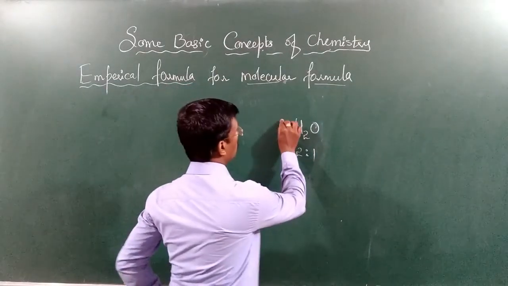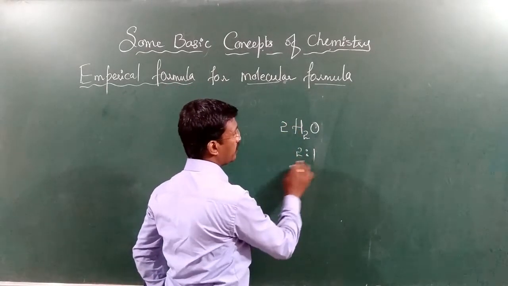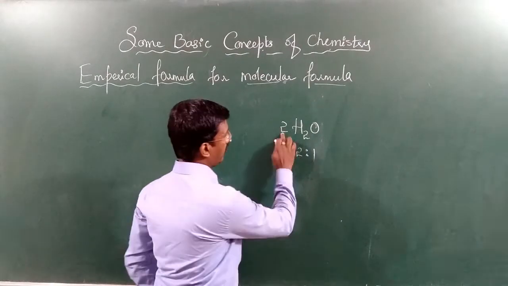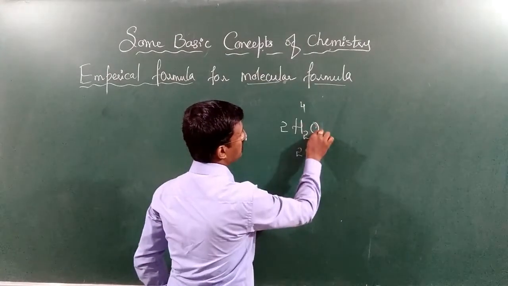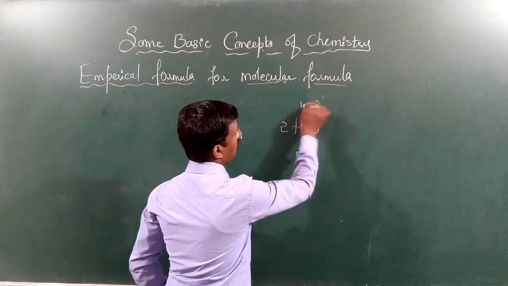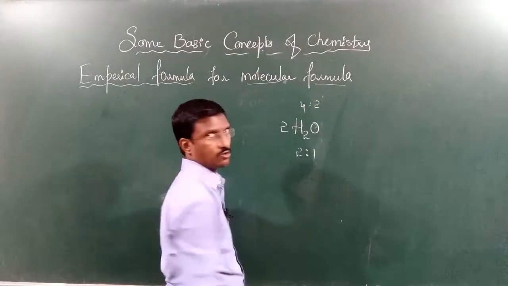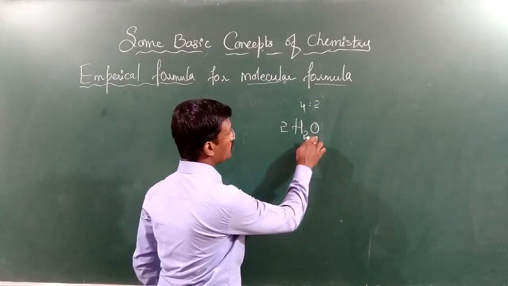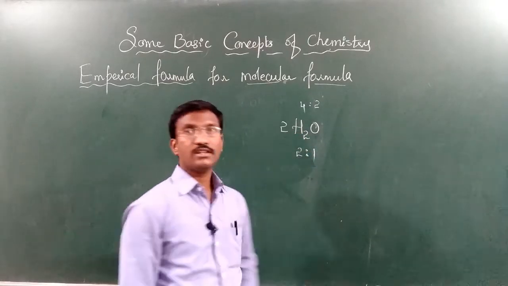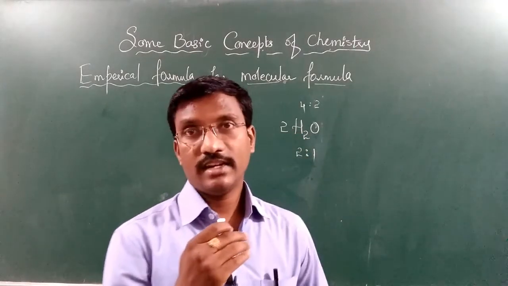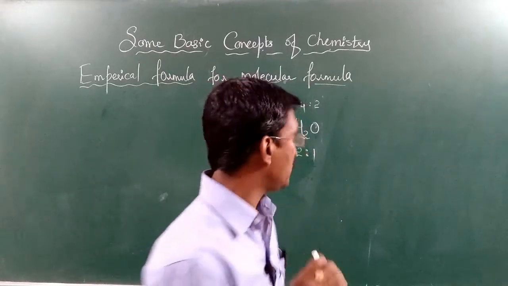If it is 2 H2O, the ratio remains the same, because hydrogen becomes 4 and oxygen becomes 2. Even on dividing, we get the same ratio. If we take 3 moles of H2O, again we get the same ratio. But the difference in the empirical formula is